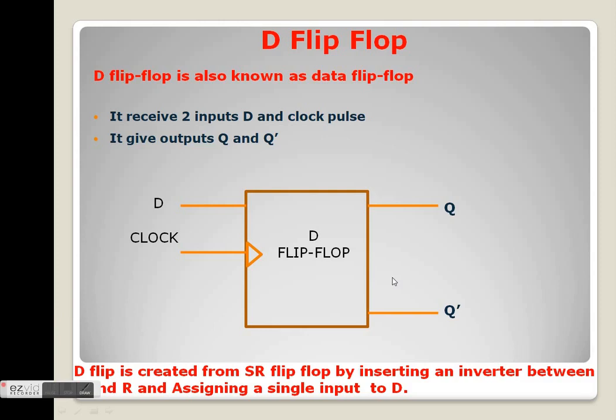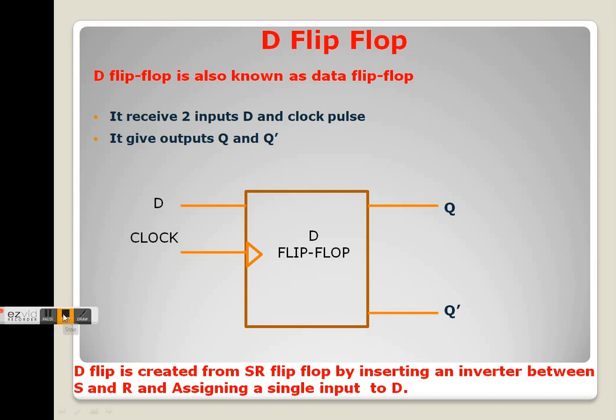and it gives two outputs. One is Q and the other one is the complement of Q, which is represented as Q dash. Students, the D flip-flop is also created from the SR flip-flop. To create a D flip-flop, we combine the inputs S and R and we insert an inverter between them. After that, we assign the single input to the inputs S and R, and this single input is known as